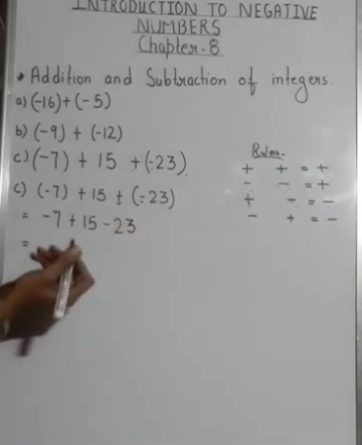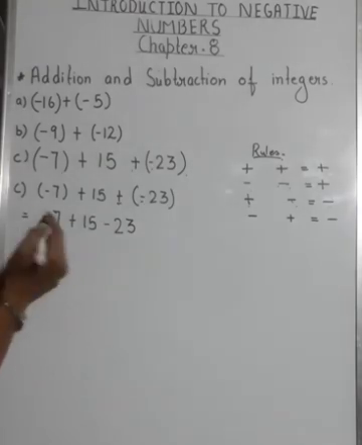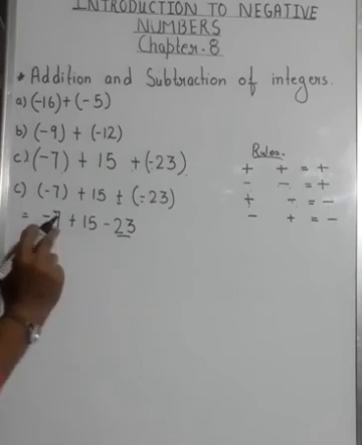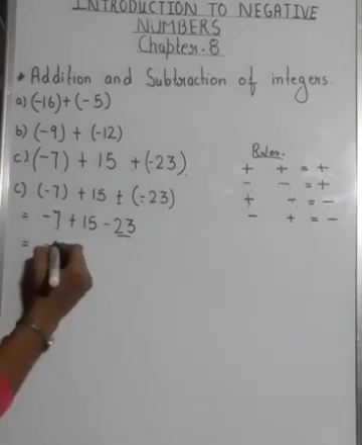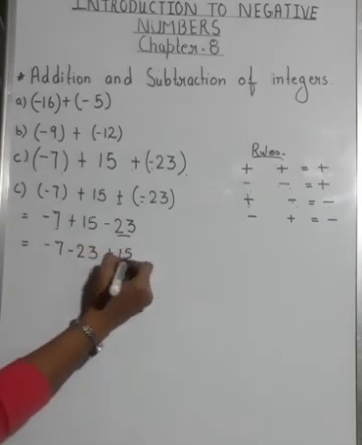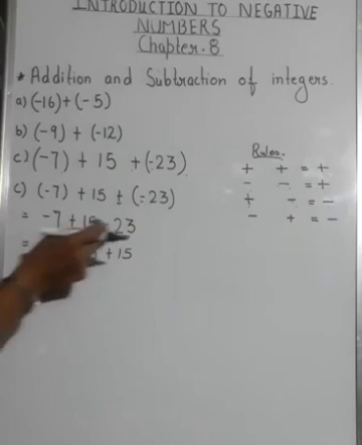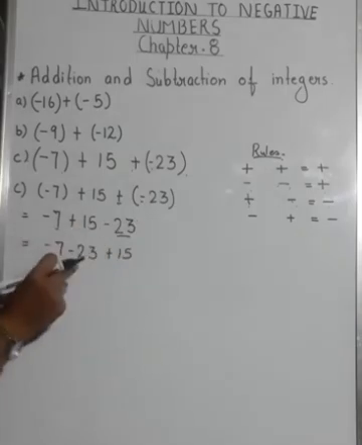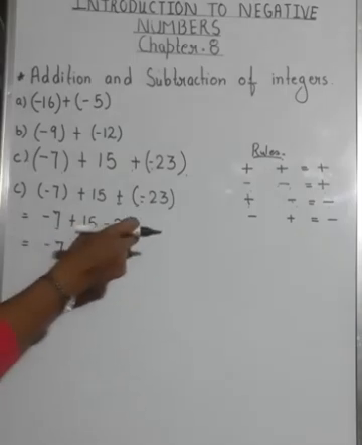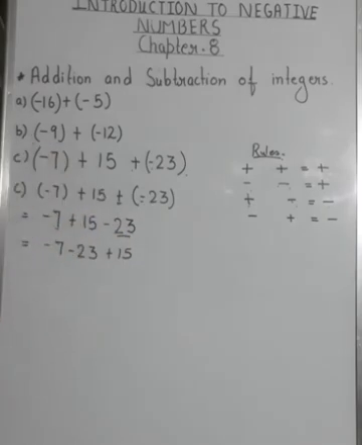Okay. Now it is up to you whether you want to solve these first two or whether you have to solve the negative integers. Okay. So I am going with the negative integers. So I will write minus 7 minus 23 and plus 15. Okay. I have taken this 23 over here. As you are not changing the side of this 23, the sign doesn't change. Okay. You will change the sign when you are taking it from one side of equals to another side of equals to, as we have done in your simplifications.